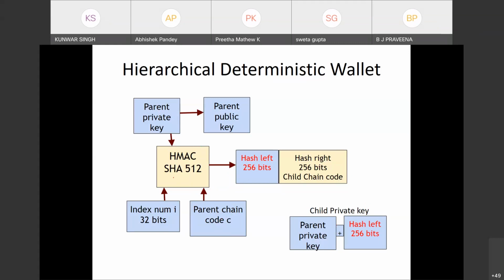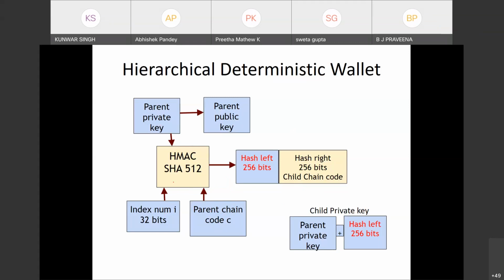So from the first one, again, you can create any number of keys the same way. Okay, is it clear? So this is the master one, public, i equal to 1. This will be there. Find the hash, you got this part. And this will be used for the chain code for the first child, that is this one. Next, this plus this one will be the private key for the first child.